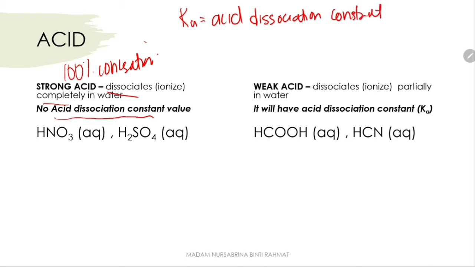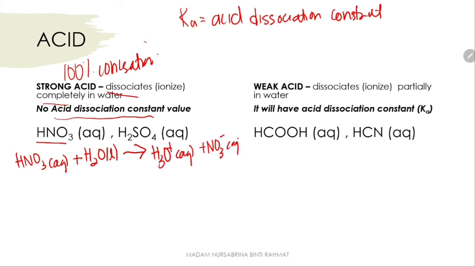Okay, this one is exactly the same as in your Kc and Kp, but now it's focusing on acids and bases. So let's now learn how to write the ionization equation for a strong acid. Here I have my nitric acid, HNO3, which will dissociate completely in water, or ionize completely in water. So a single arrow forming H3O+